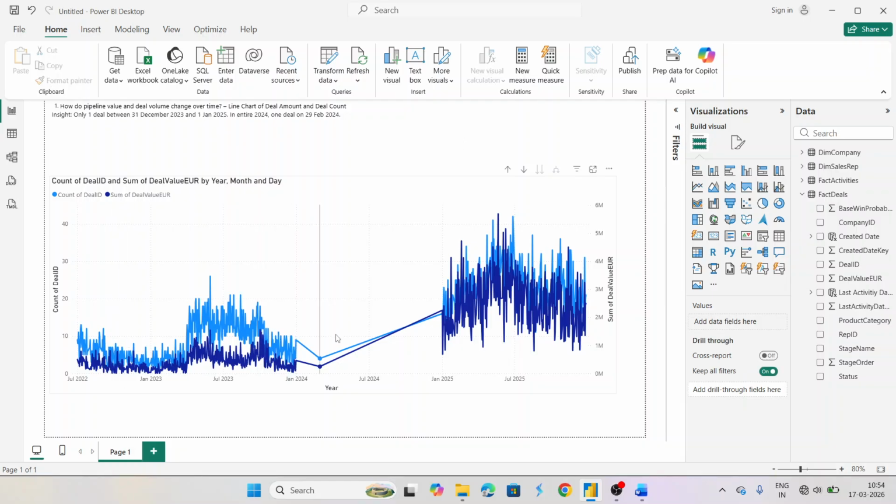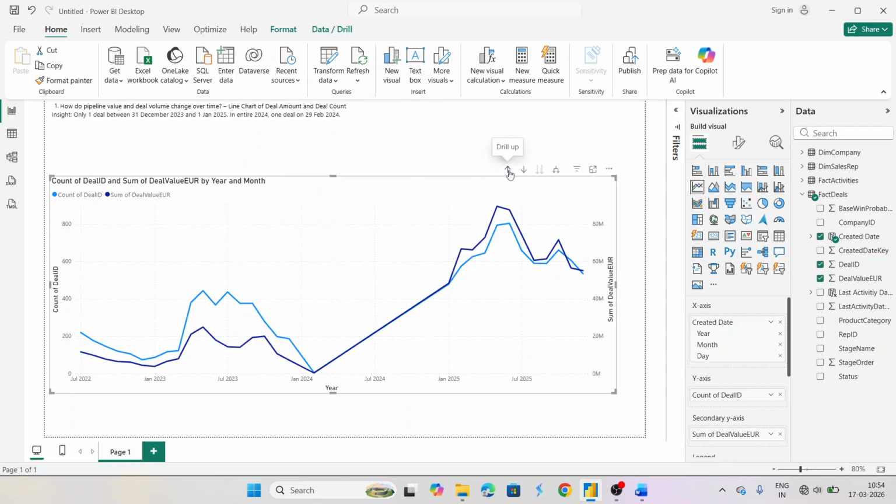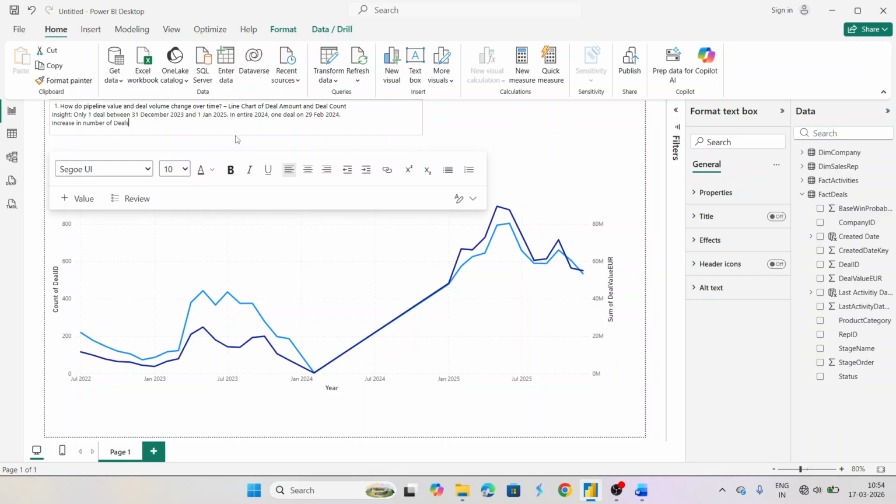We see that there is a good increment, right? So first, let's smoothen this curve a bit. Right now it's year, month, day. I don't really require day wise, so I'm going to drill up. Now I'm going to get year and month, which is good. So it's clear that there has been an increase in number of deals, right? Whether the deals were successful or not is a different question, but at least there has been an increase in number of deals